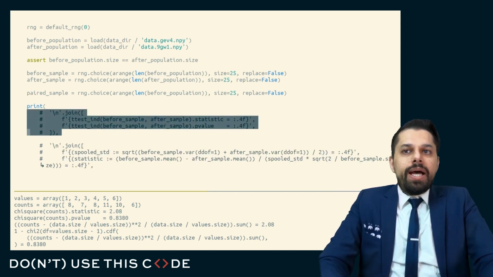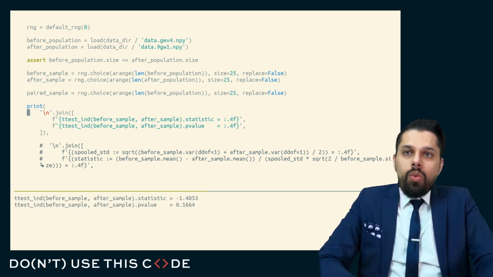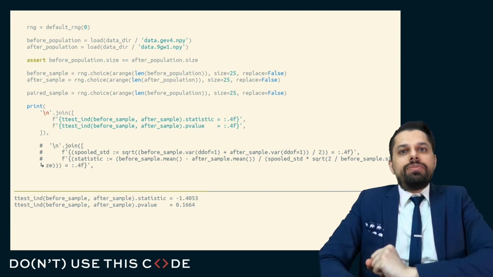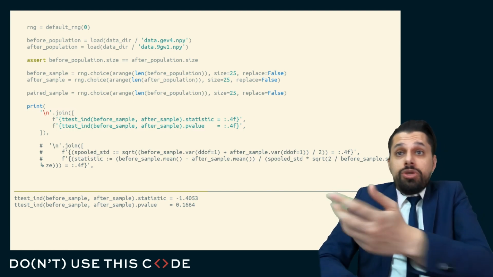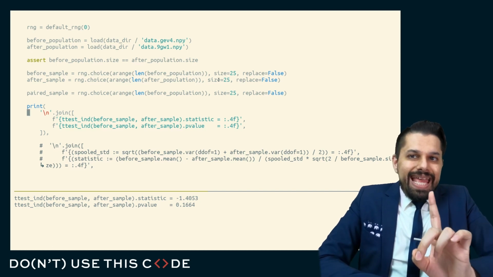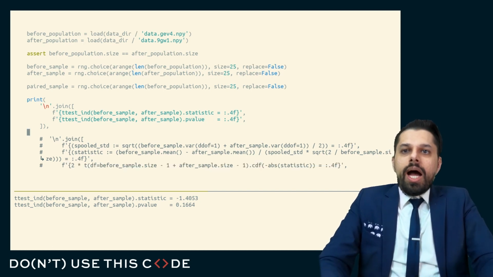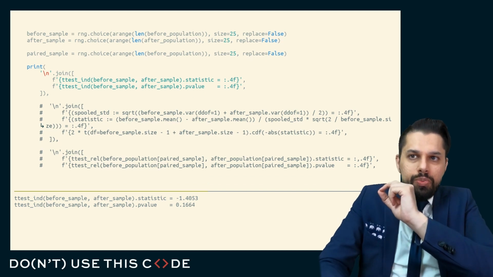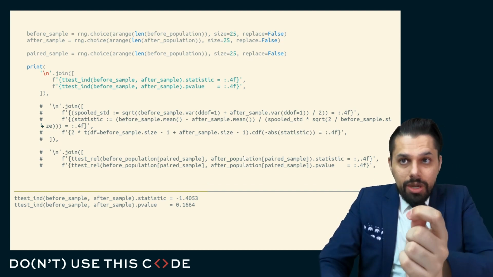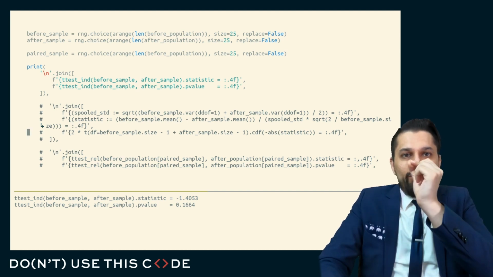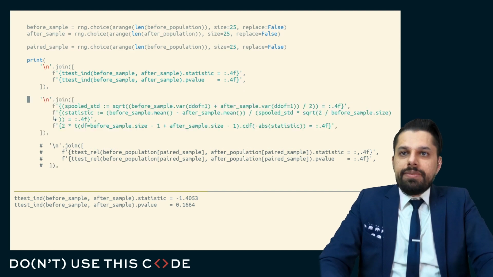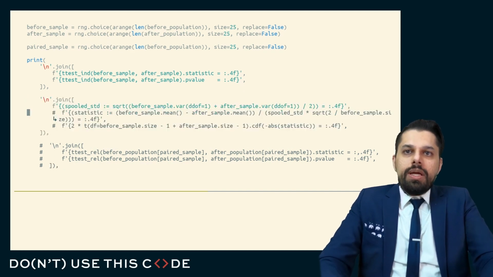If I compute my independent t-test, what I'm saying is the before sample and the after sample were independently chosen, which is the case. They were independently chosen. I chose both of these without replacement, without looking at each other. If I want to say that instead of looking at them independently of each other, I'm looking at them relative to each other, I'm looking at the same sampled elements, what I can do is I can compute the pooled